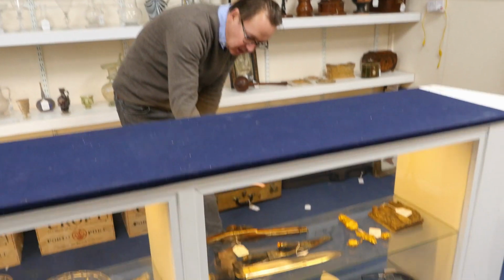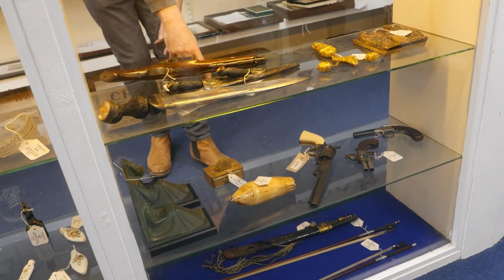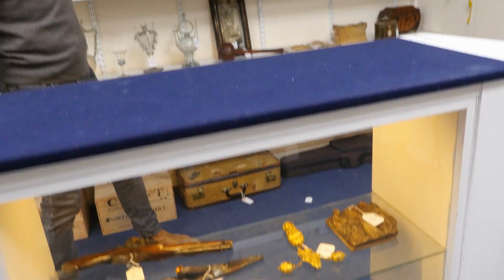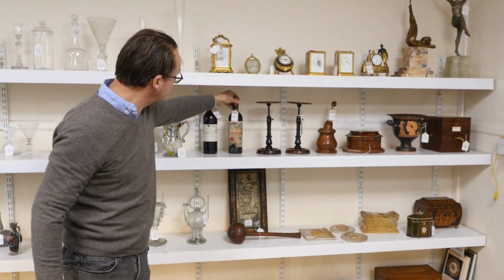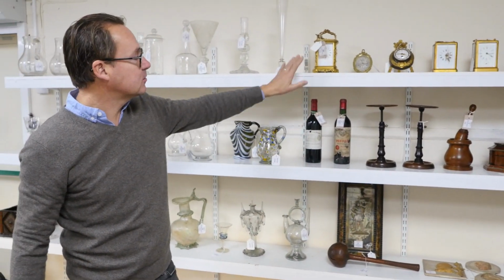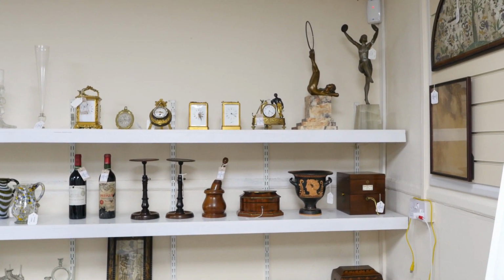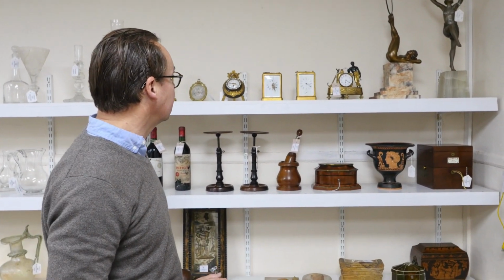There's some percussion weapons. We've got a singing bird box. Rather lovely Japanese short sword down the bottom. Got some rare booze. We've got some Petrus here, lot 5. We've got some rather good carriage clocks. In fact, generally speaking, the clock collection is excellent this time. Right from these carriage clocks and the like through to some really good bracket clocks, as well as some long